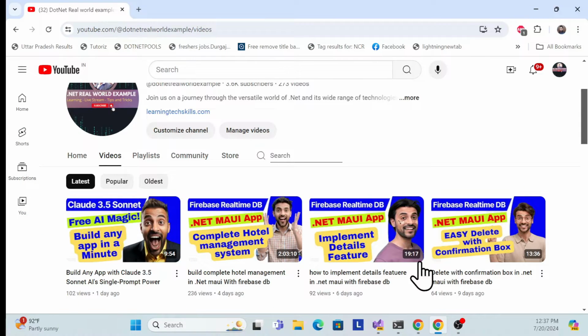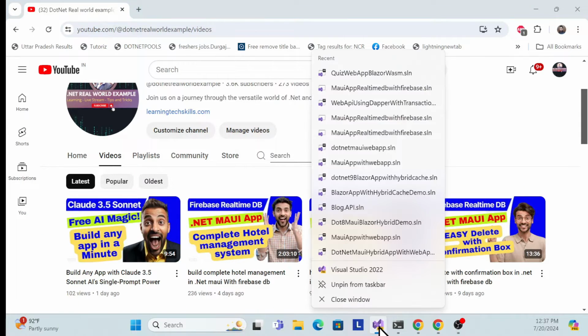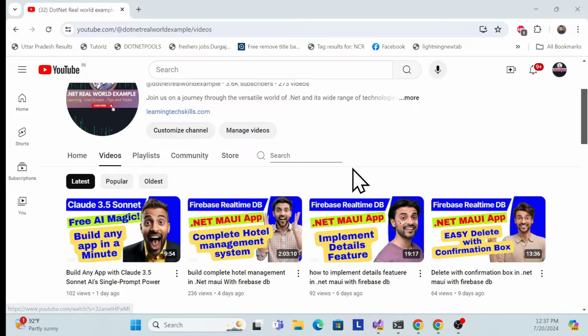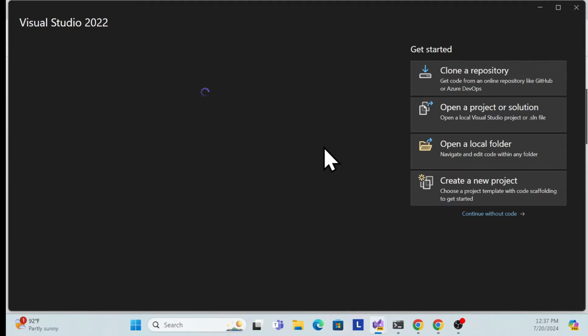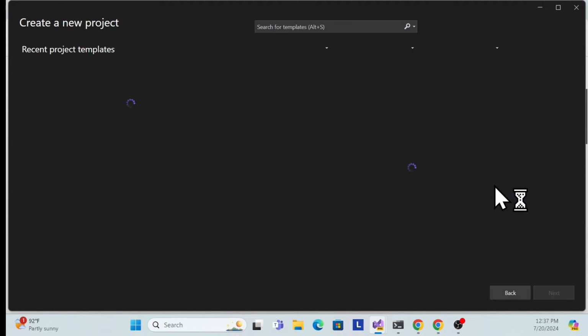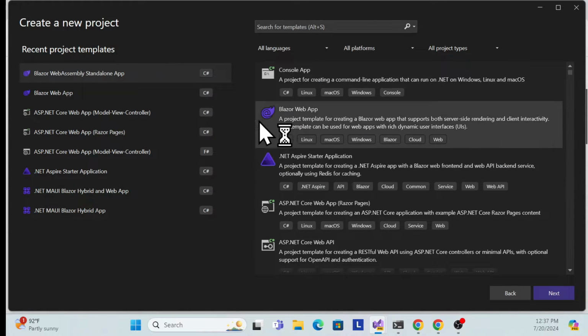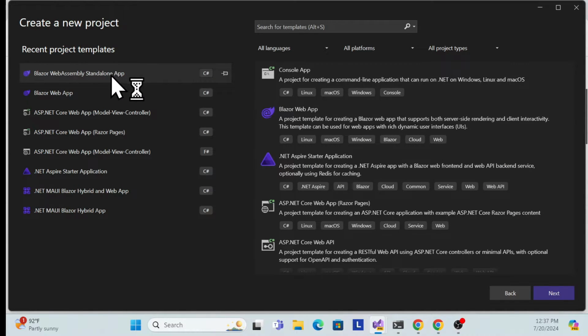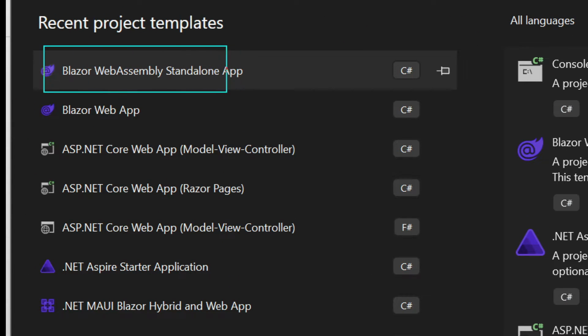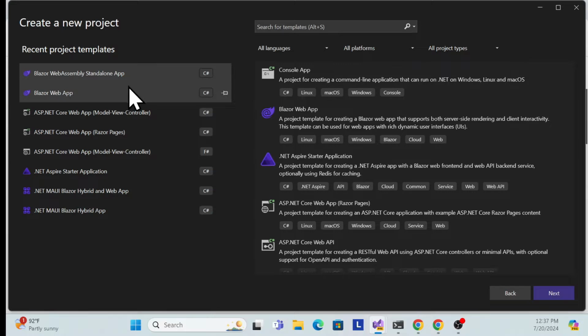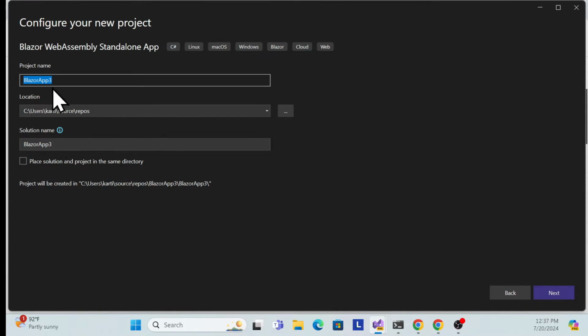So let's start. First what I need to do is simply open Visual Studio and create a new project. I will show you that from scratch, and create a template over here, that is a Blazor WebAssembly standalone template. So I will use that Blazor WebAssembly standalone, so that I can show you how we can create it over here. Also we can just name it as Blazor app